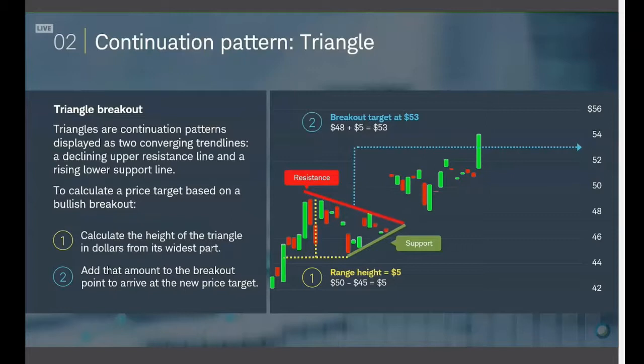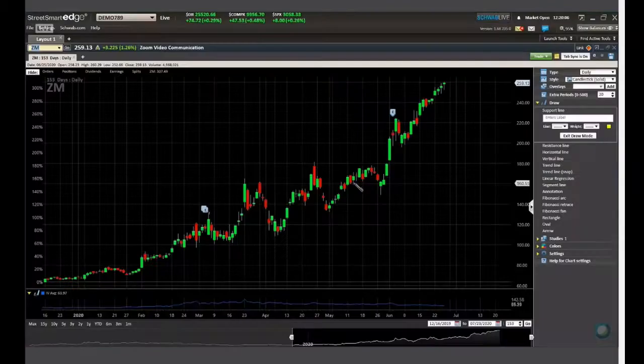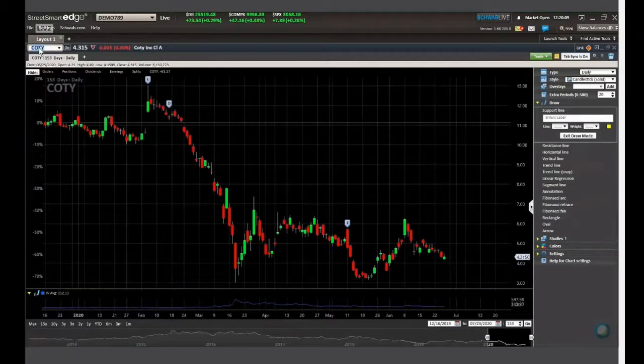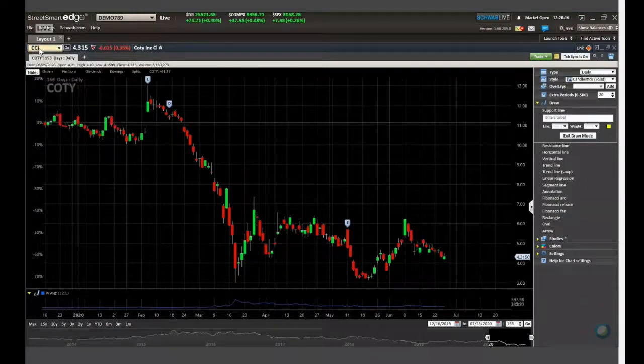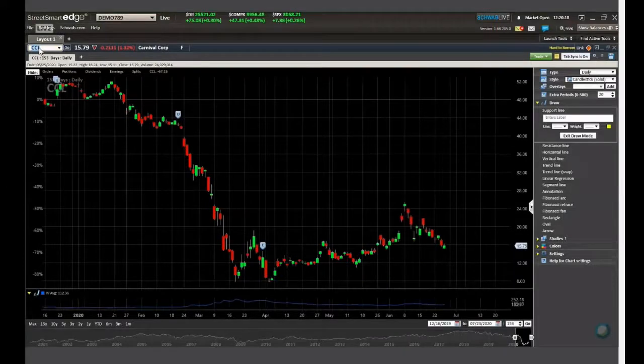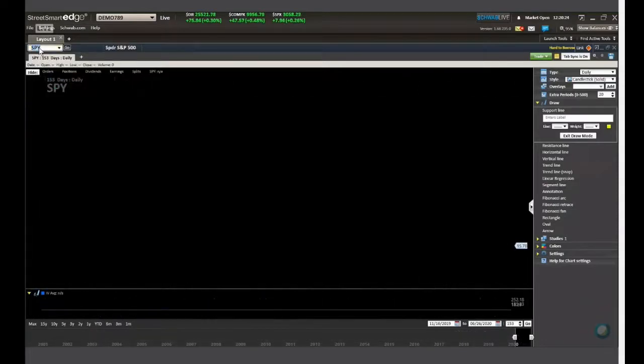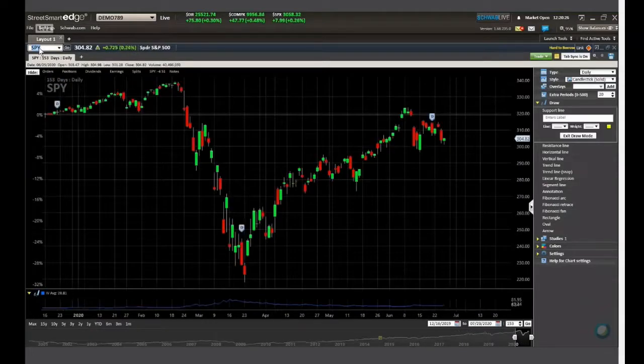I got some folks writing in again. Let's try these two. Cody, I thought it was Cody until a young lady was like, no, that definitely is not how you pronounce that, Jeffrey. Don't see any consolidation and continuations. And Carnival, don't have any there. That's okay. Ooh, let's look at the spider real quick. What do you guys think about that?